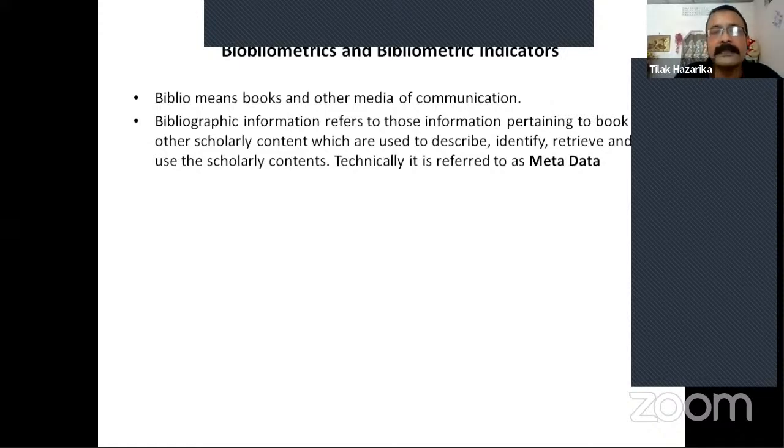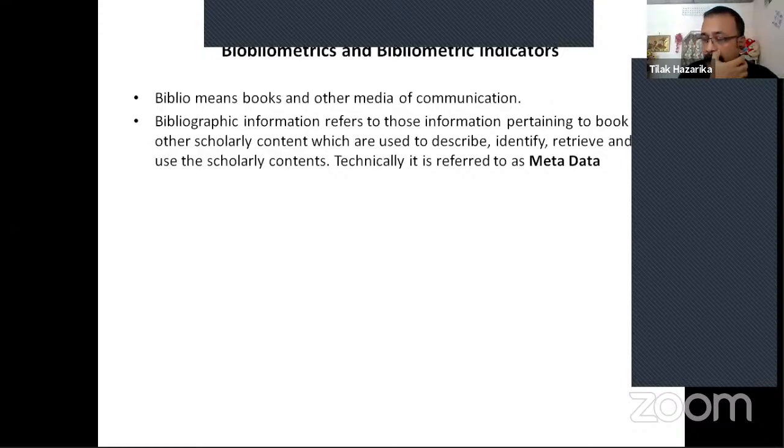But we have to search the research works based on certain access points, that is metadata, either by author, by title, by subject, by some relevancy parameters. And most importantly, there are some metrics, based on which, out of the hundreds of literature I have filtered out of the databases, I can find the most relevant works. What are the most highly acclaimed works out of the 100 titles or 100 works I have got as a retrieval parameter, so that I can find the most relevant, most acclaimed, most read works,